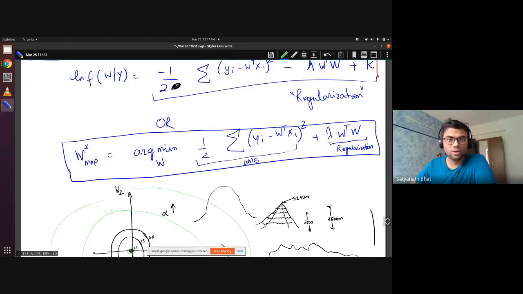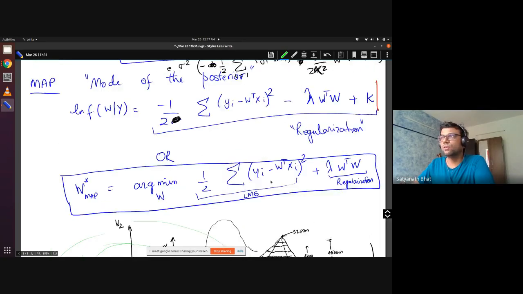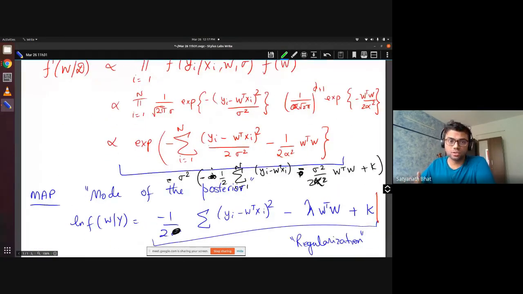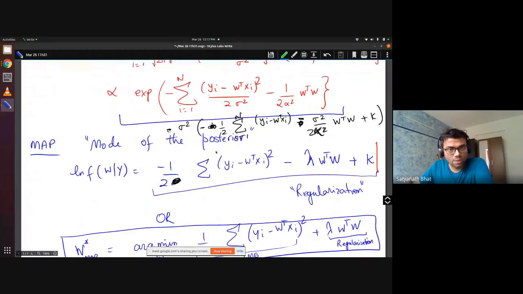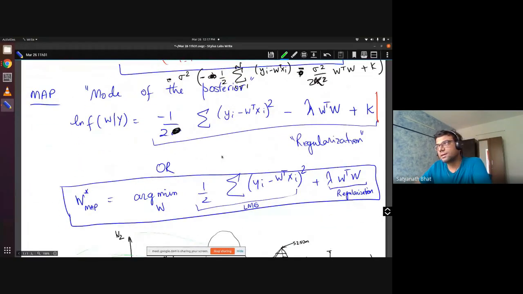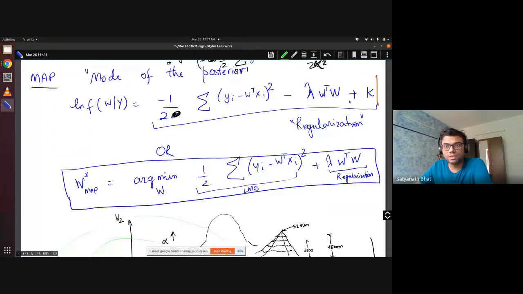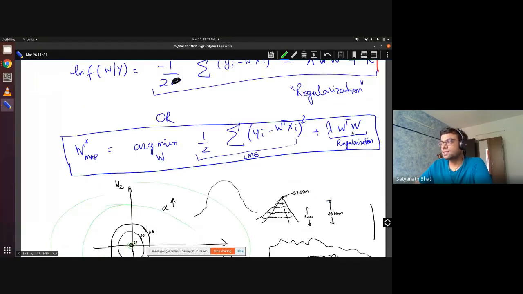For now, what we have looked at is two versions of your probabilistic model, MLE and MAP, and that is why we did Bayesian estimation. Whenever you see regularization, it is some form of Bayesian estimation that you are doing under it. And this W transpose W, if you have seen in optimization, is the 2 norm. This particular thing is also called ridge regression.